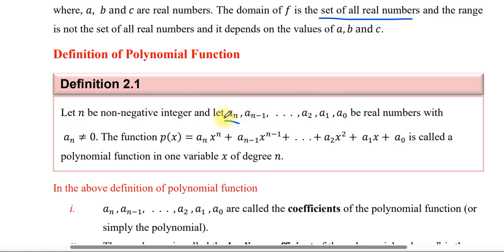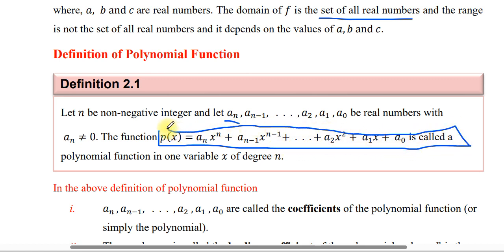የመጀመሪያዋ ከ0 መለየት መቻል አለባት። The function p of x which is equals to an x to the power of n plus an minus 1 x to the power of n minus 1 plus a2 x to the power of 2 plus a1 x plus a0 is called polynomial function in one variable x of degree n. አይታችኋል። ስለዚህ የሆነ ፋንክሽን ልክ በዚህ ዋይ ተገልጾ ታያችሁ ምንድን ይባላል ማለት ነው? ፖሊኖሚያል ፋንክሽን ይባላል ማለት ነው።